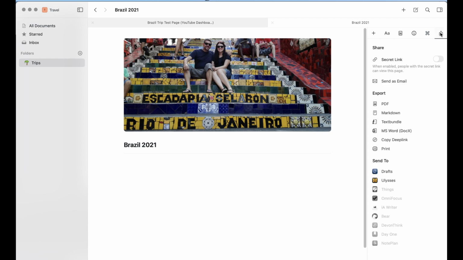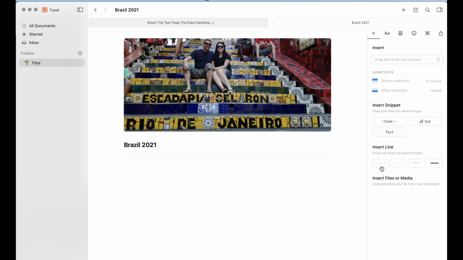And then over here in the last option, the share and publish, we will talk a little bit more at the end. And over here on the insert page, you get a few options to insert different things. But honestly, I never use them because there are many other ways to insert our content into Craft. For example, I just click on here and I can start typing. So now let's go ahead and create some content.